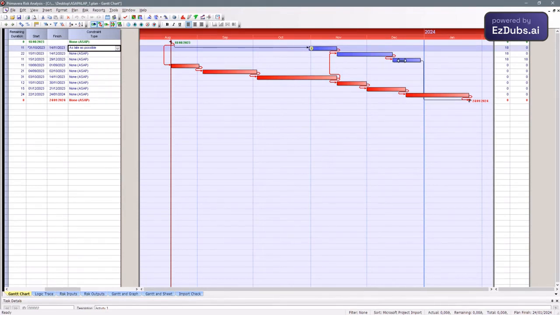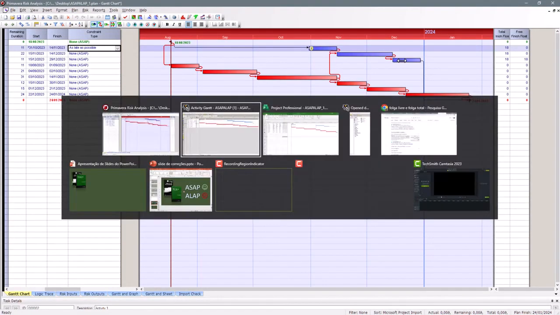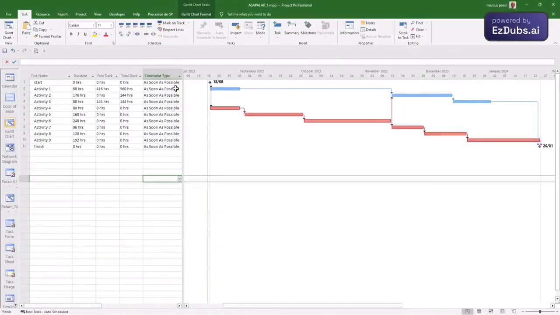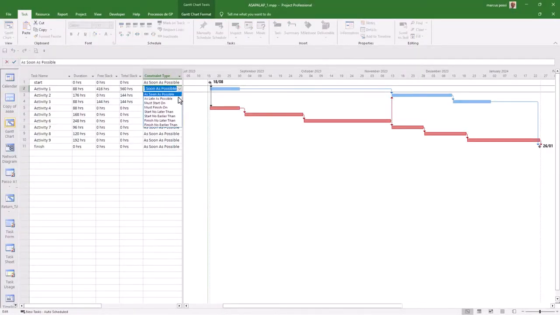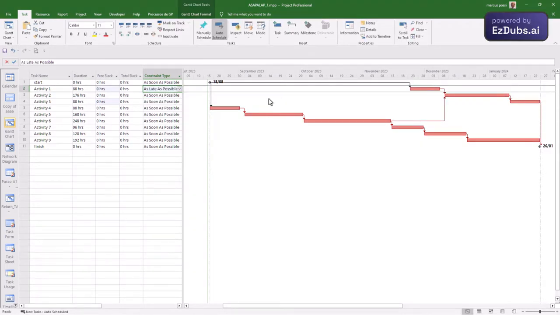Now I'm going to do this in the MS Project tool. I'll set it as late as possible. Note that it burned all of its total slack. It rescheduled 2 and 3 and took them all to the end of the project. This is not what I wanted. I wanted it to obey the CPM rule. When you put it as late as possible, it burns the free slack and settles down before its closest successor. And here it settled down, but it also pushed everyone forward. What does that mean?